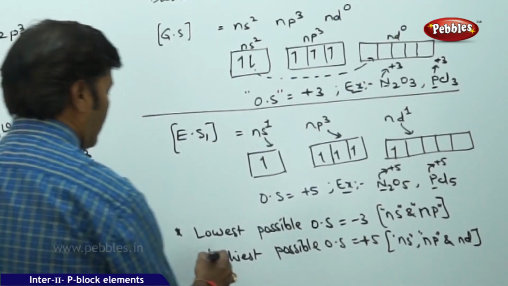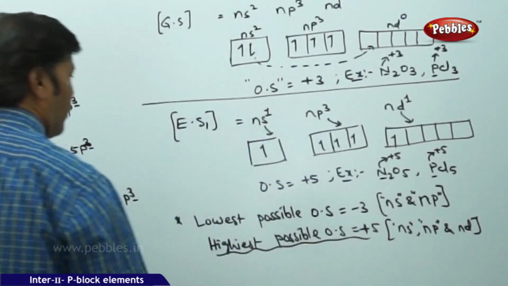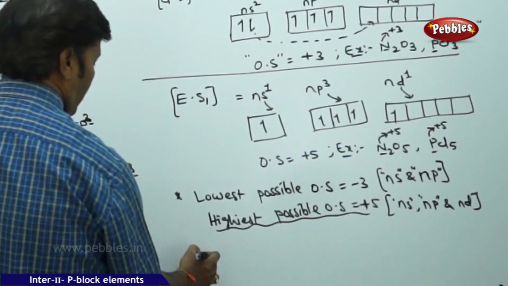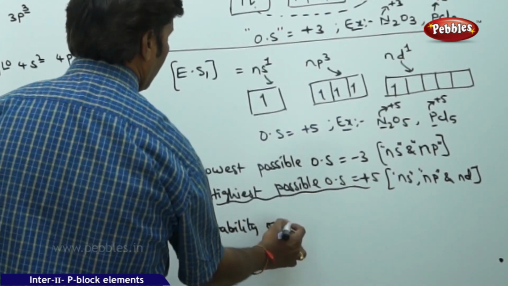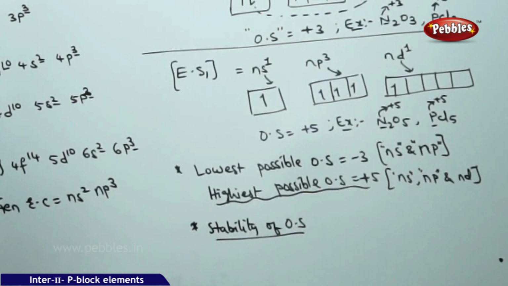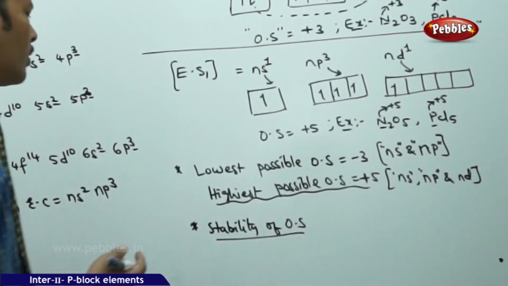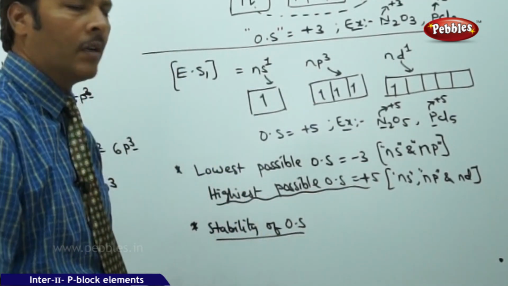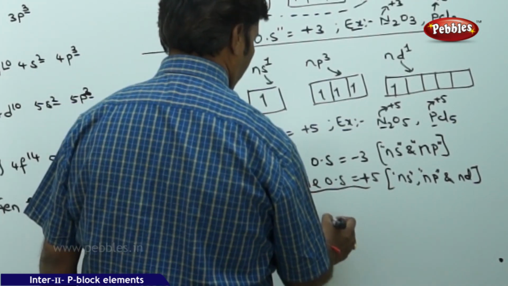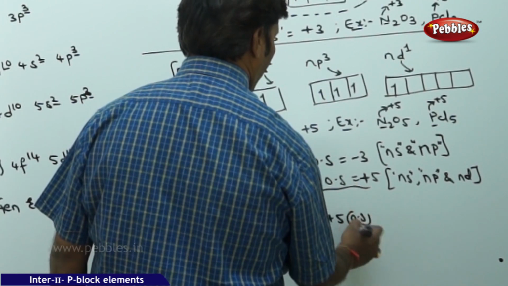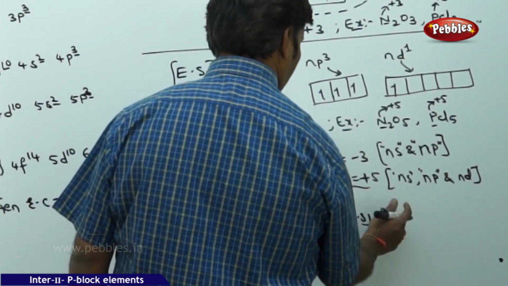Fine, whatever may be the case, now we can also speak about the stability of the oxidation state. In general the common oxidation state for any element in the group families is always equal to its group number, because these elements belong to the 15th group. That's why the common oxidation state, I can say, is plus 5. But the stability of the plus 5 oxidation state decreases